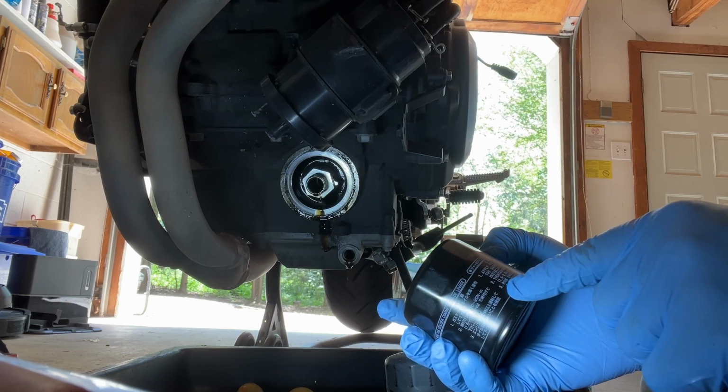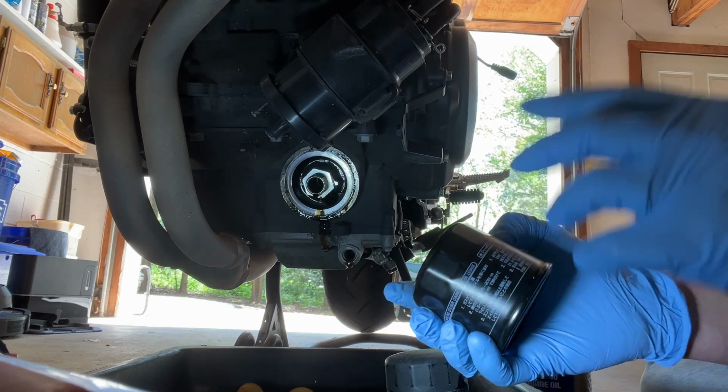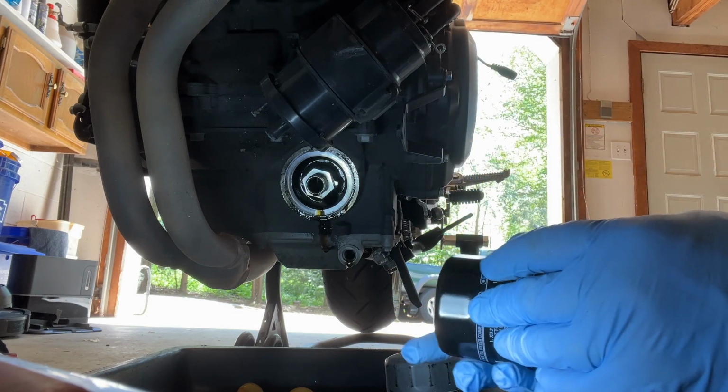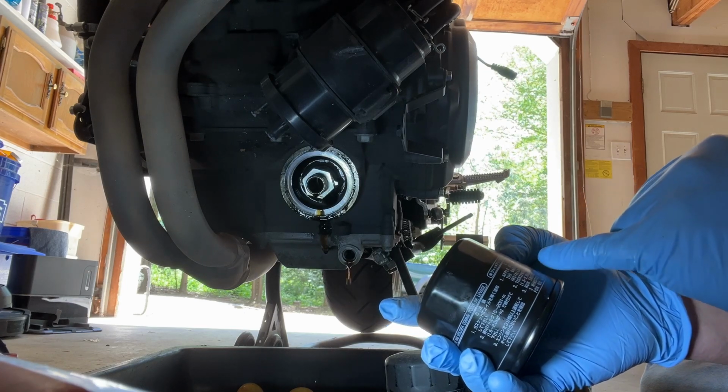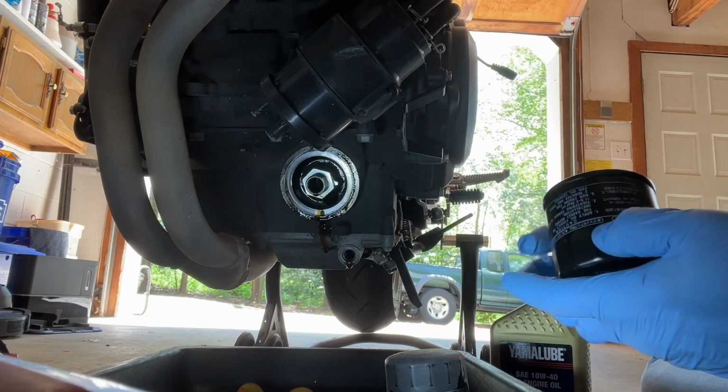Tightening torque 15 to 20 Newton meters. Run engine for 3 minutes to check for oil leakage. So we'll run it before we put the bottom cowl back on. So 15 to 20 Newton meters. We're going to use that here in just a second. I'll have to get my torque wrench,